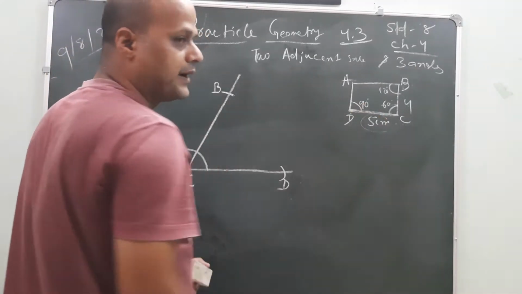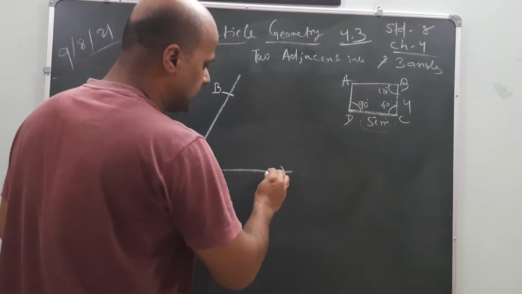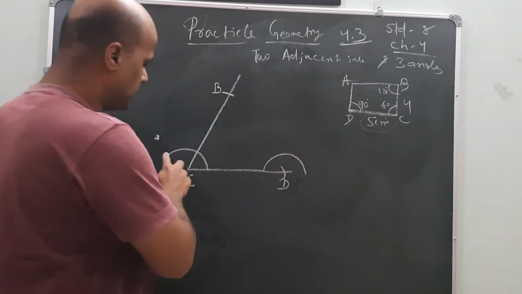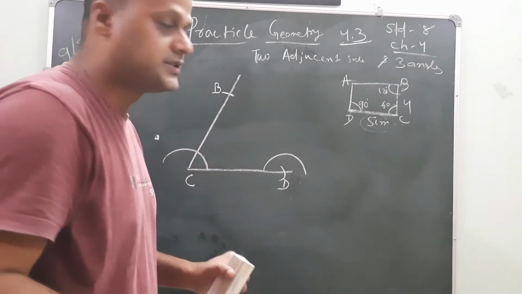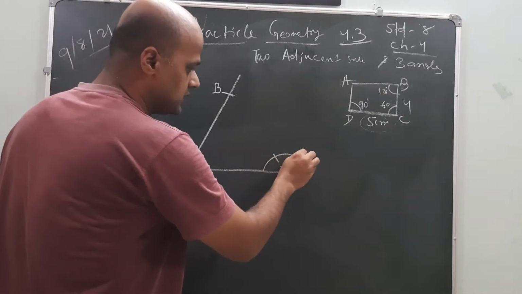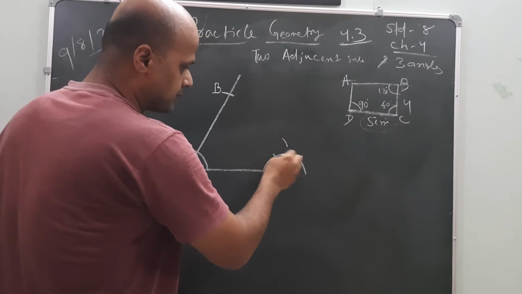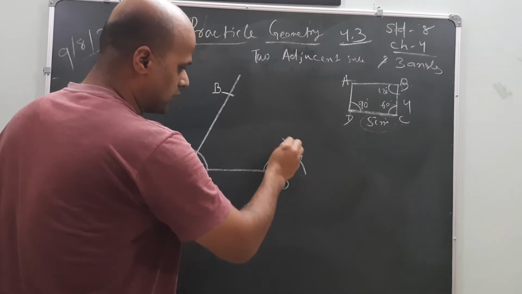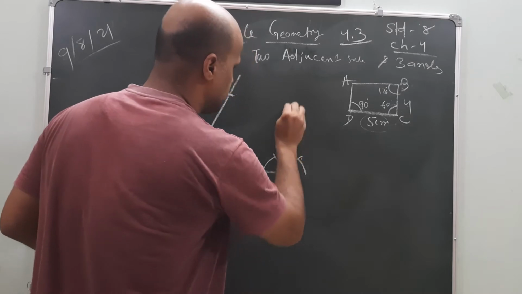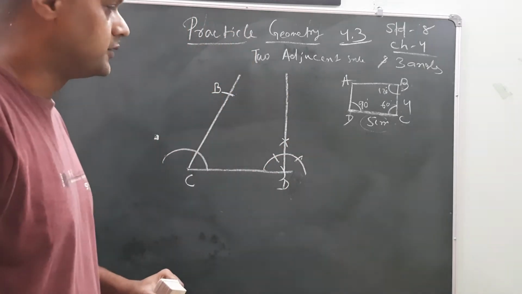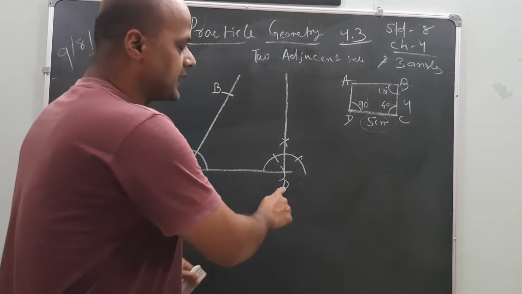Now angle D. What happened here? In angle D it is saying 90 degree. Draw 90 degrees with the same dimension of the semicircle. Okay, 60, 120 from here. 60, 120. Bisect from the 60, bisect from the 120. Now extend this perpendicular line. Okay? Now angle D is over.